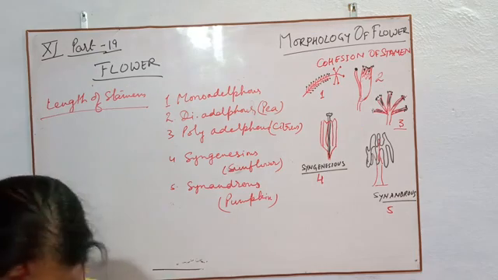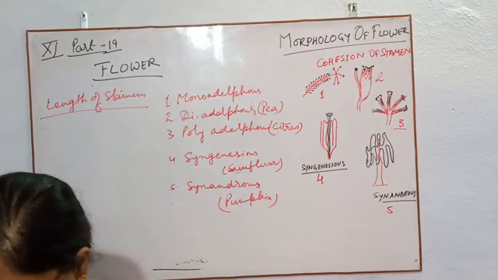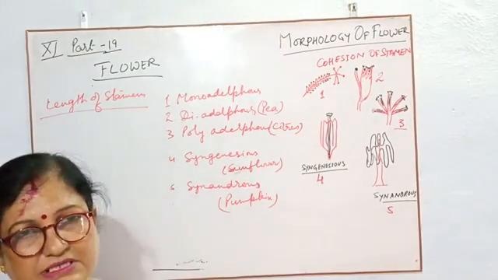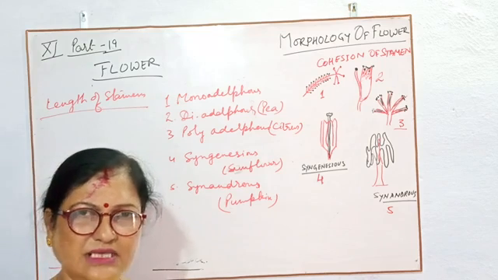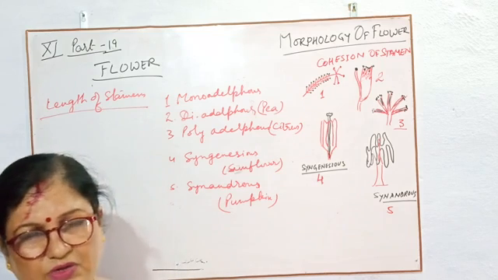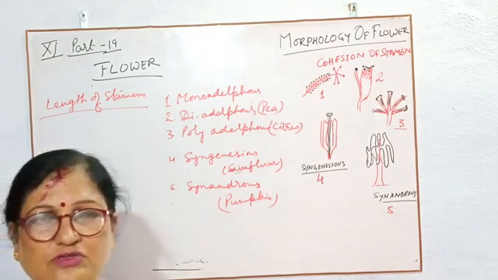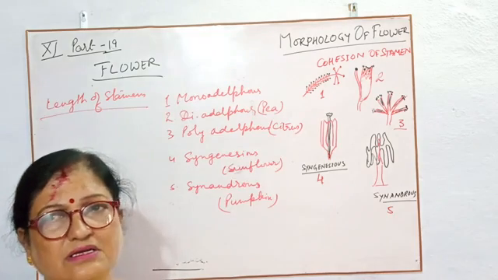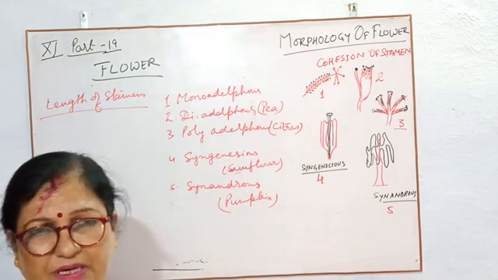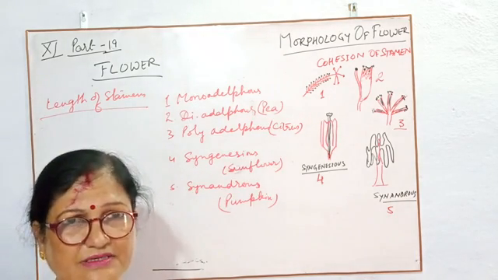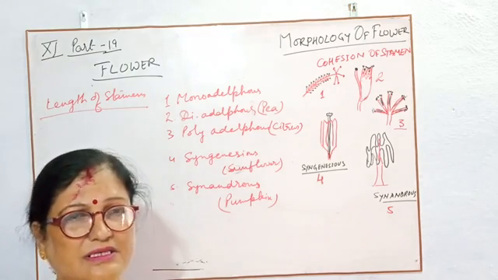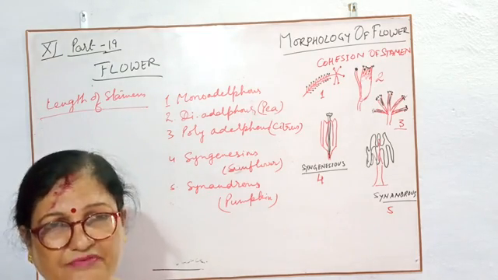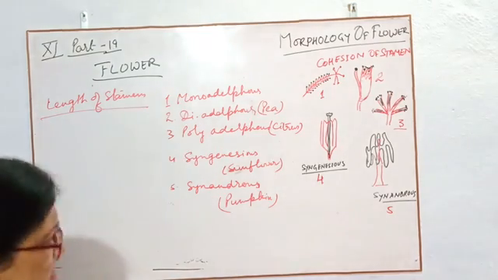According to the length of the stamen, suppose the anthers are all of the same length, then there will be no difference at all, so there will be no different names also. But if the stamens have different lengths, then these stamens are given different names. First is given